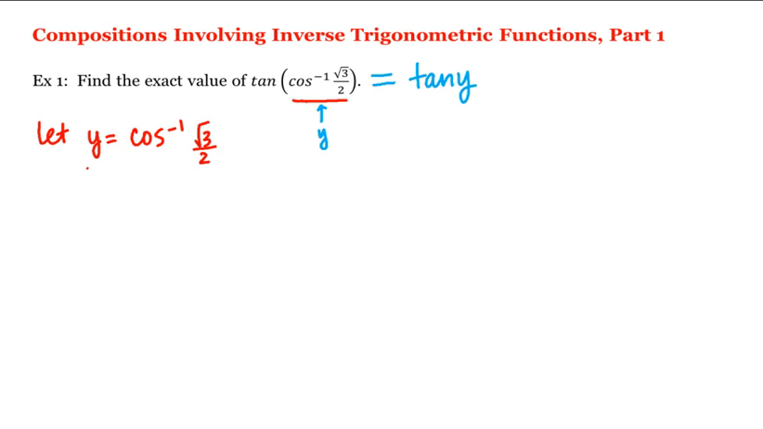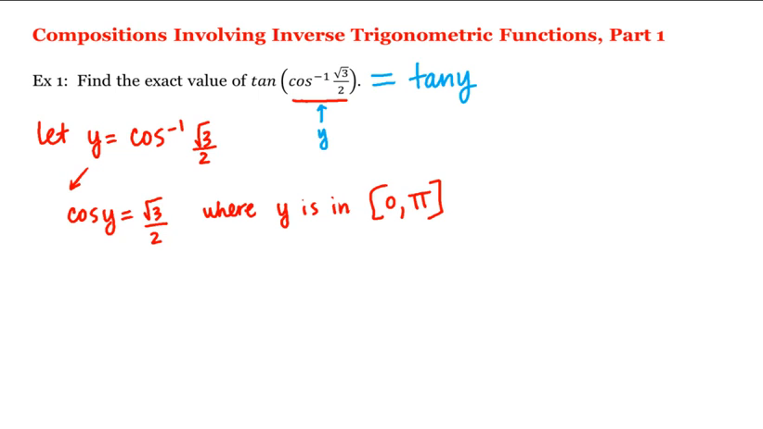So if y is equal to inverse cosine of square root of 3 over 2, that means that cosine of y is equal to the square root of 3 over 2, where y is in the interval from 0 to pi. Remember that when computing inverse cosine values, our answers must lie in this interval 0 to pi. Thinking of our unit circle,